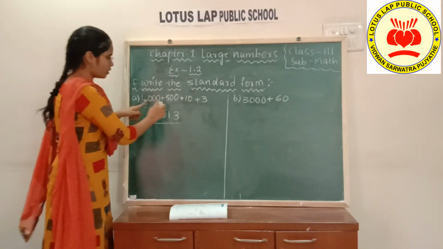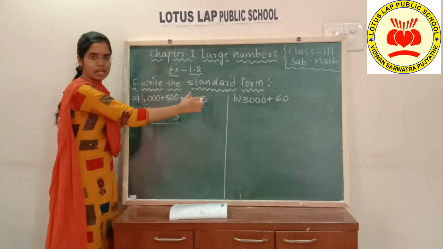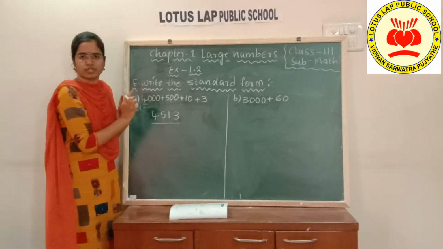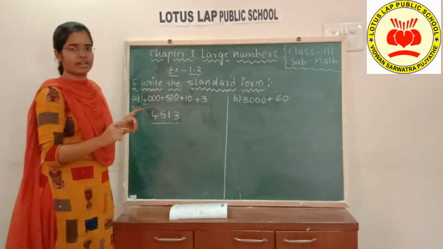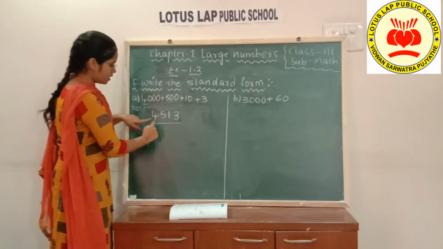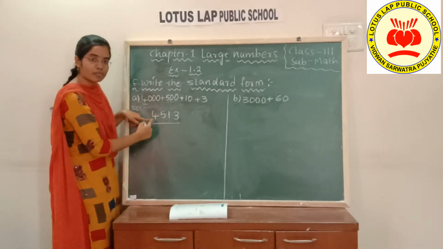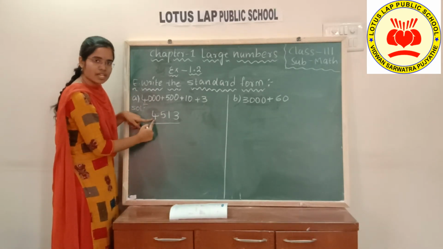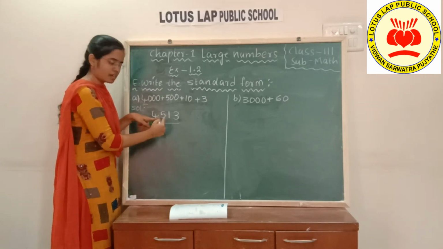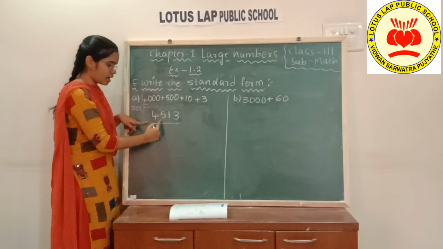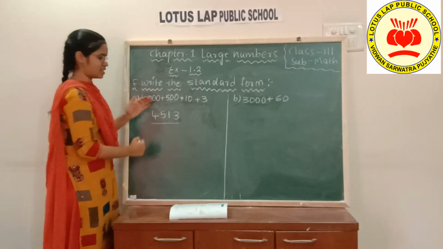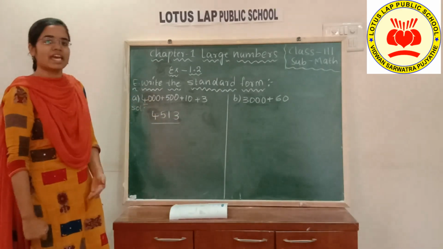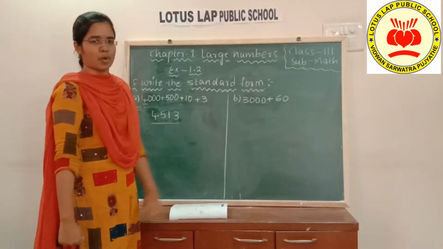Okay, children, you need to check how many place values are given, and write the first digit, not all the zeros, as we write zeros only in the expanded form. See here, 4000. Now we shall read the number. What standard form have we got? That is 4530. Yes, this is how we write the short form or the standard form of the given expanded form, children. Now, next problem.